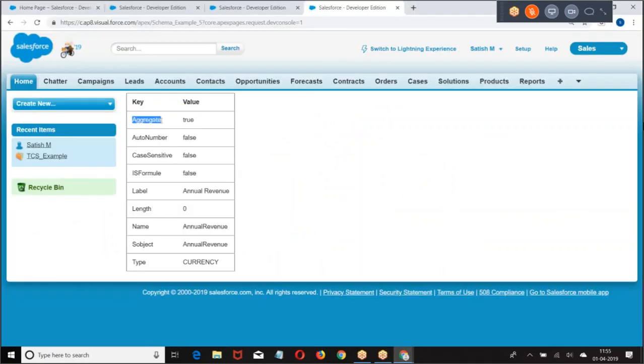So is it aggregate, auto number, case sensitive, is formula, label, length, annual revenue, S object, type, currency.